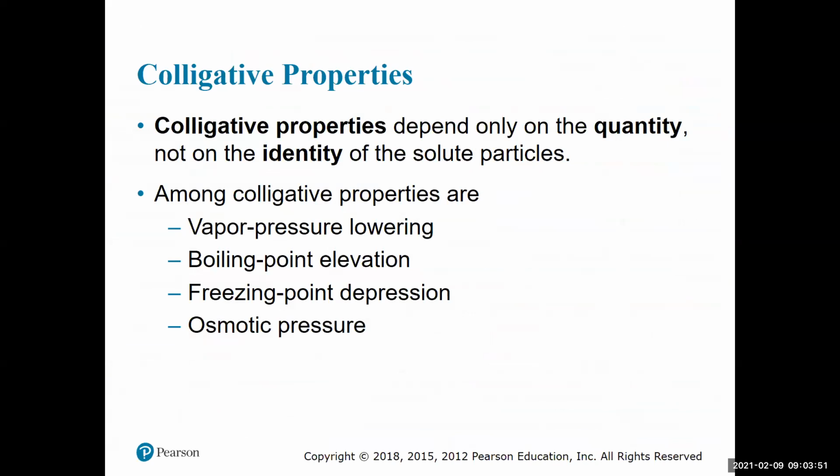And so what is a colligative property? A colligative property is something that depends only on the quantity, not the identity of the solute particles. The 4 main colligative properties that people tend to talk about are vapor pressure lowering, boiling point elevation, freezing point depression,